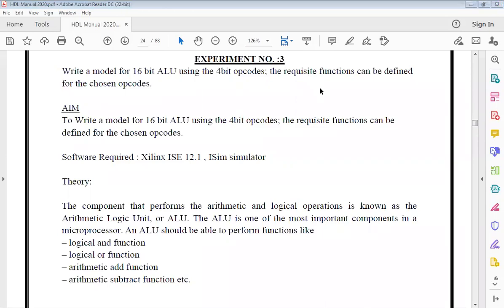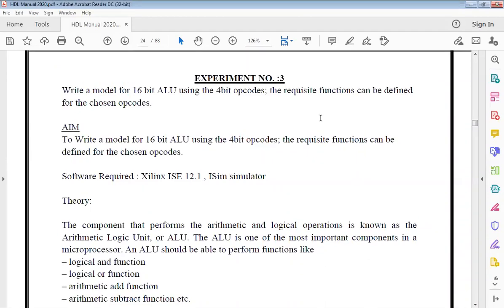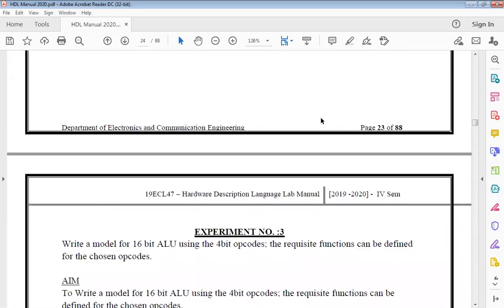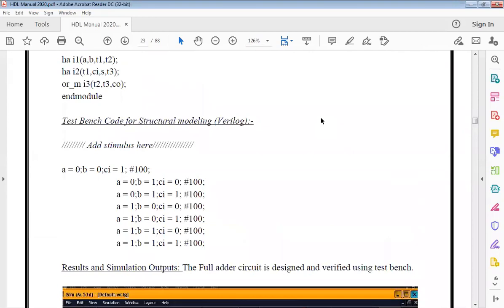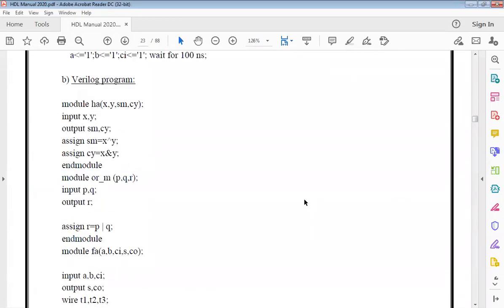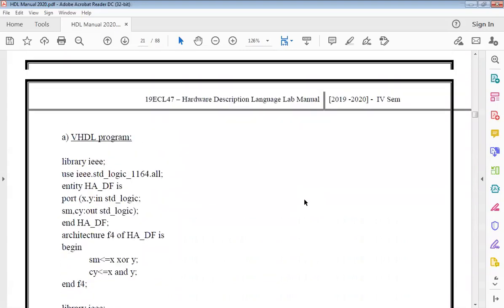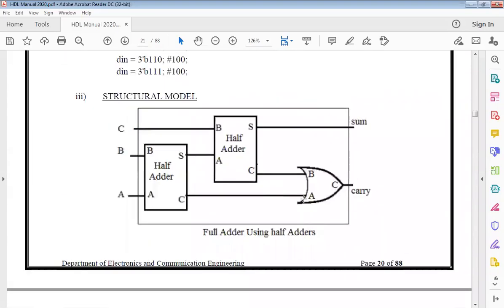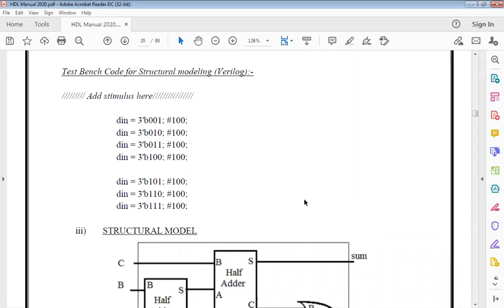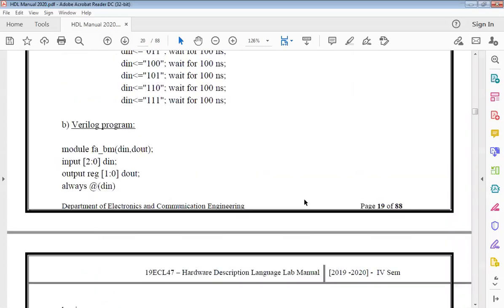And basically there were three types of modeling, if you can recall, right? Behavioral, structural, and which was the other one? Data flow, right? So each programming style had its own way of coding. Structural is where you have a circuit diagram and then you write a code for that.